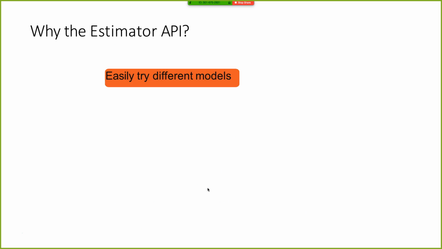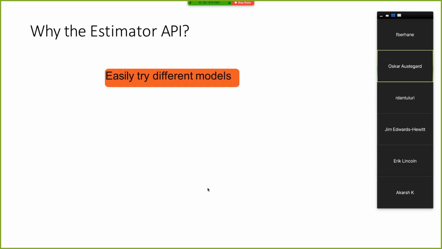The advantages, we said, are that we can quickly try different kinds of pre-made models. We don't need to write much code. If we build a custom model and want to try a different one, we have to modify many lines of code. But with the estimator API, we only need to change a small number of lines of code